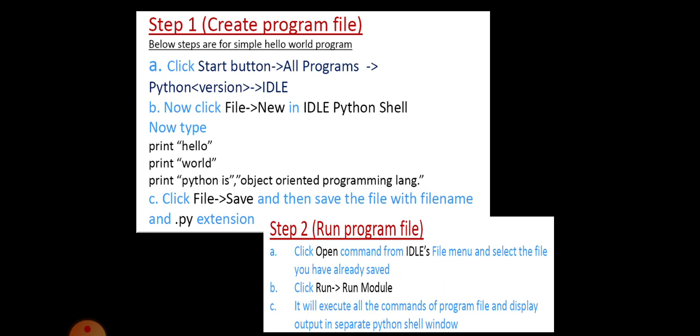You can give your own name for the program. Then after saving, you execute the program by clicking the Run menu, then clicking Run Module, or else you can press F5. F5 is the function key to run or execute any program in Python IDLE.